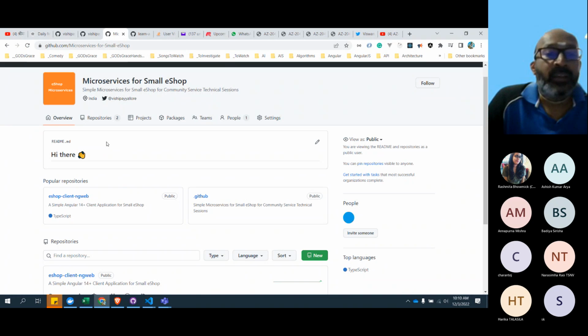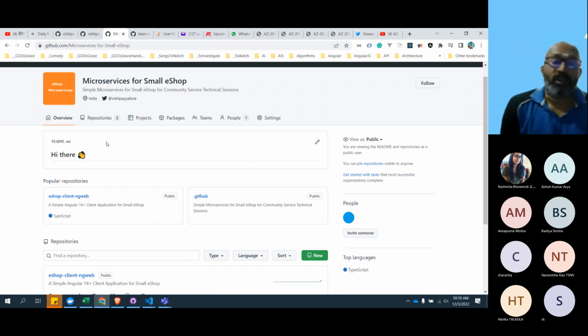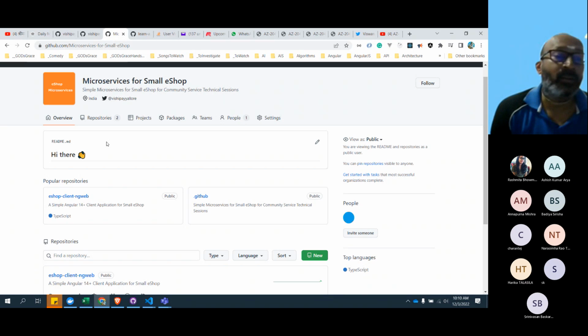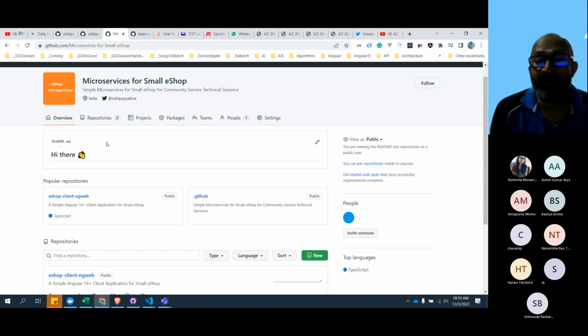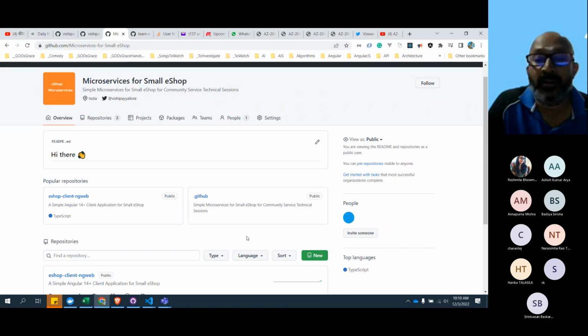The assumption is that you guys already have some knowledge, and this is somewhere intermediate and above for sure. So the assumption is you already know Angular 14 or .NET 7. We'll go on .NET 7, not on .NET 6, the one which got released recently. That's what is going to start, and Rashmita will publish something in Jan.